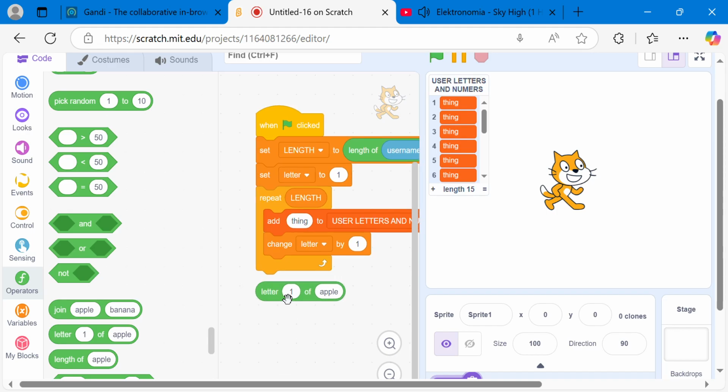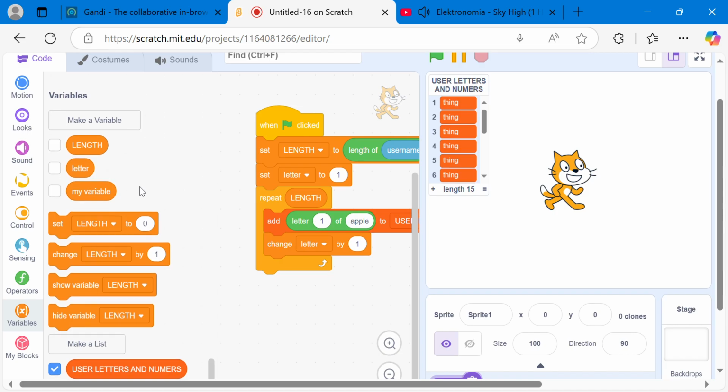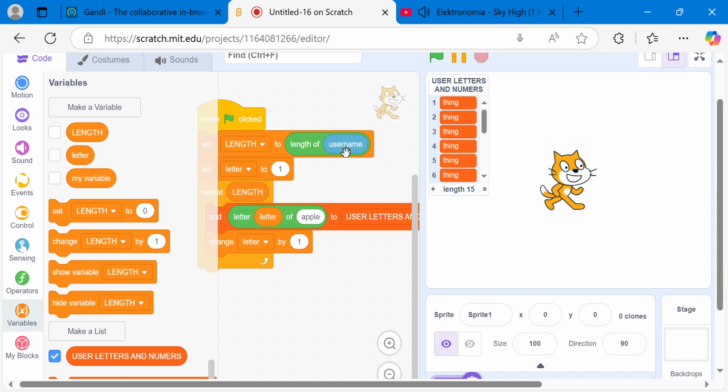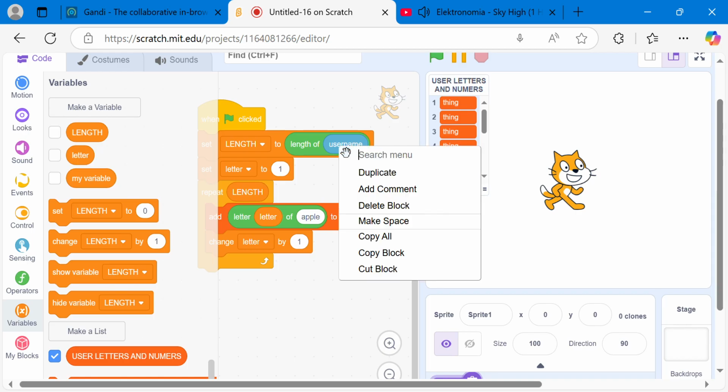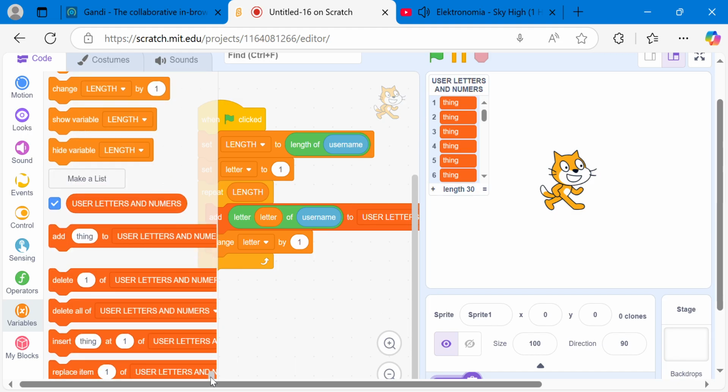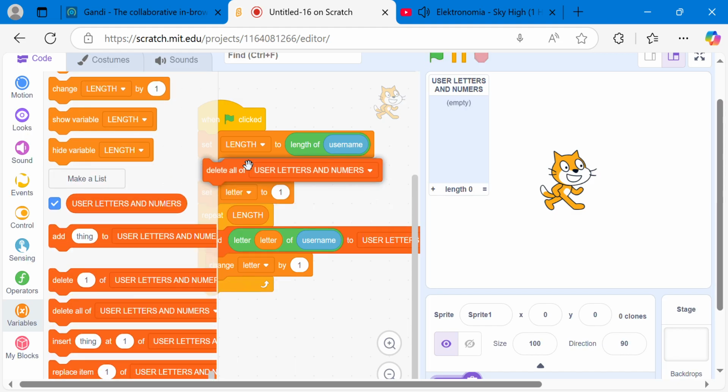That is. Then so letter of username. So let me delete. Oh,